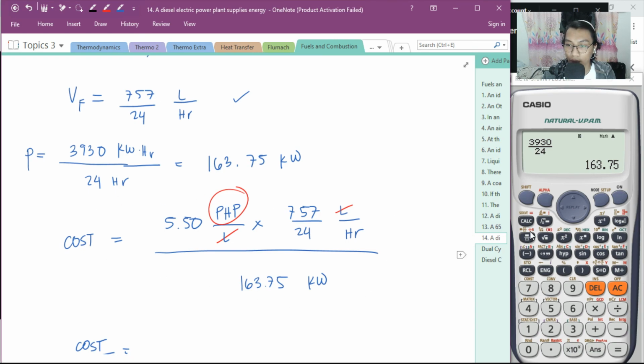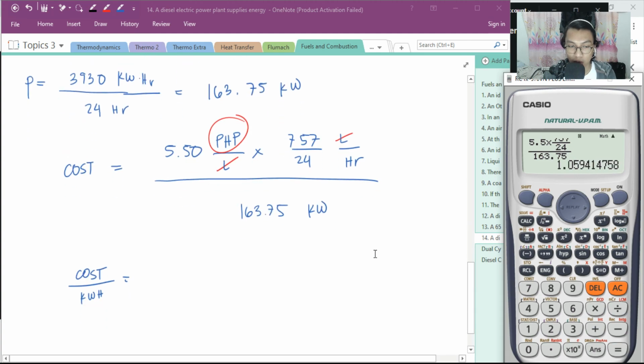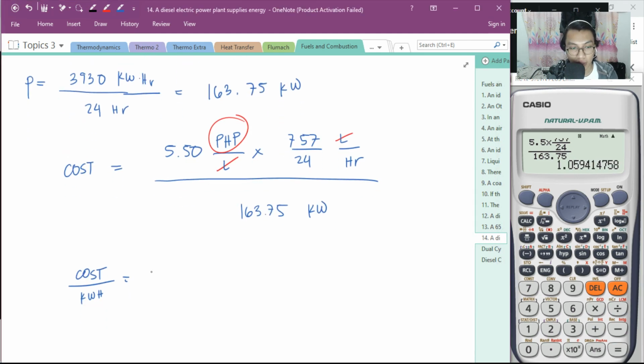So that is 5.5 times 757 divided by 24 divided by 163.75. The answer is ilan? Piso per kilowatt hour. So ito yung sagot niya, 1.06 PHP